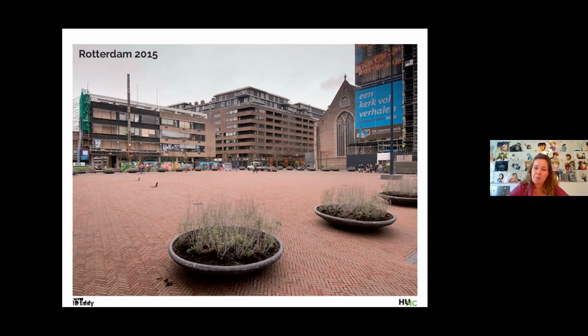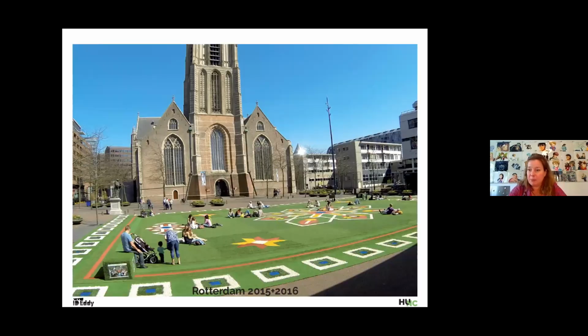And at the time, the municipality was thinking, maybe we should create pocket parks in the city. And they were thinking, what kind of places could be perfect for a pocket park? One of the options was this square. But as this square was just renovated, they thought, we can't sell this to the city, that we just now get out all these bricks while we just put them there. So one of the people from the municipality remembered our flying grass carpet and proposed,